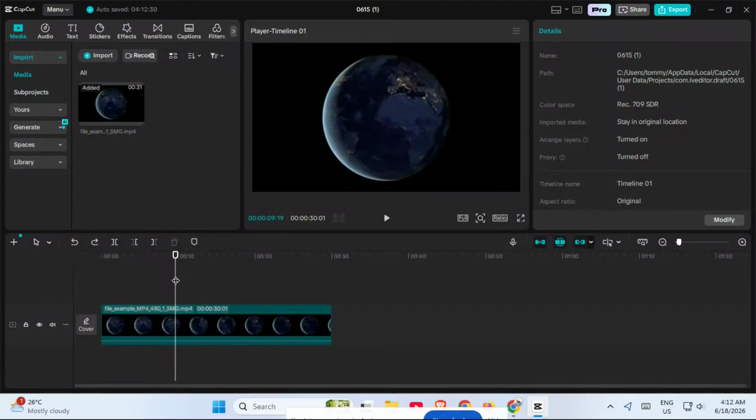If you want to remove a sound or song from a video in CapCut, you're in the right place. In this tutorial, I'll show you the quickest way to separate the audio from your video and delete it completely, so you can keep just the visuals. This is perfect if your clip has background music, unwanted noise, or any sound you simply don't want in the